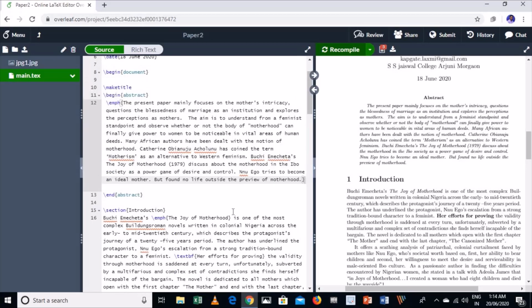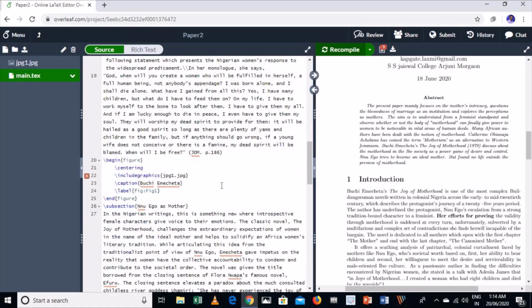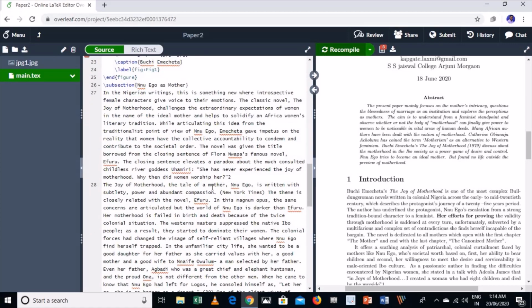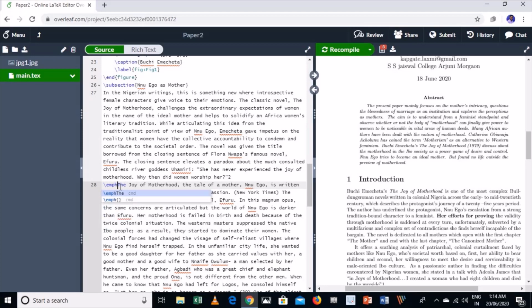Dear friends, suppose you want to add any word which is in italic or bold, for example, this is the title of the novel, The Joy of Motherhood. I want this in italic. For example, left slash EMPH.